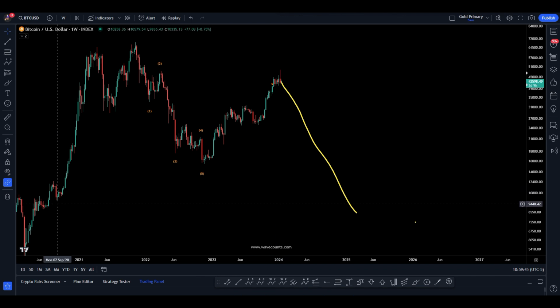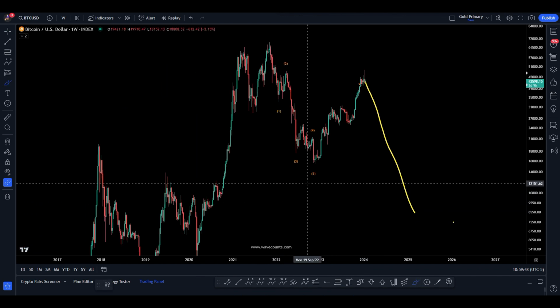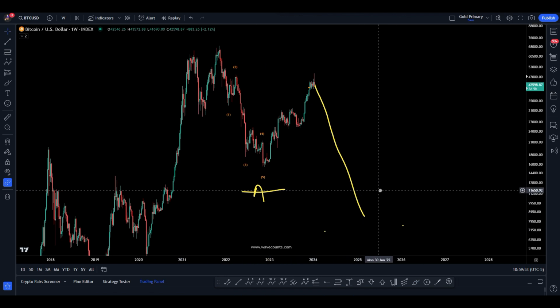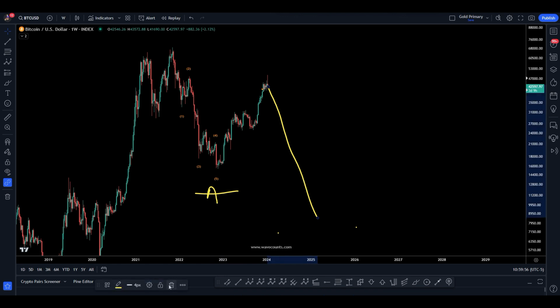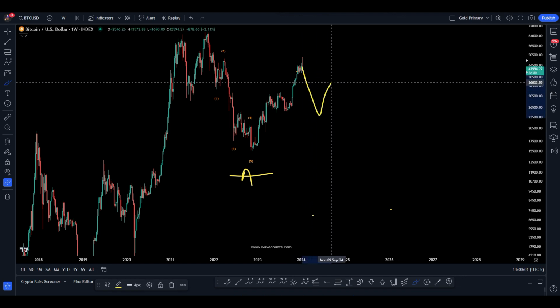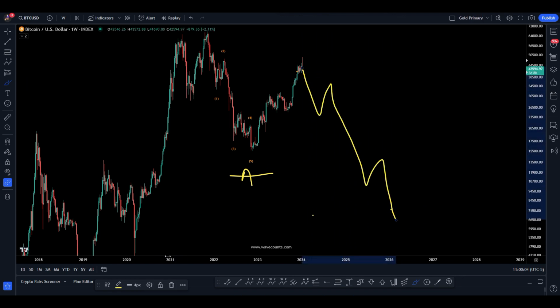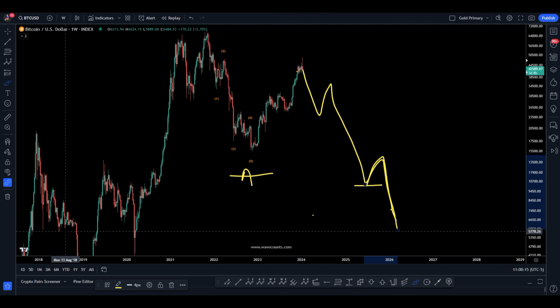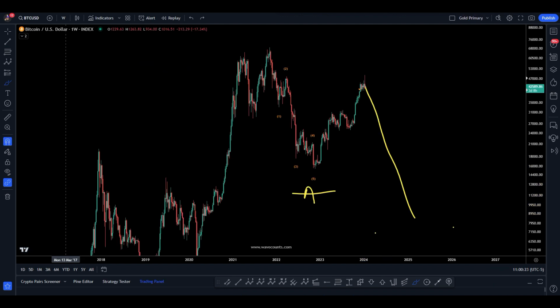This is an A wave. Okay, so to expect 3 waves down, you're going to be very, very, very surprised. Because when you come down, it's going to be in 5. You're going to think it's done right here. And you'll be like, yes, to the moon. Whoops. Because you're getting 5 back down, guys. 5 waves. That's the only thing it can be.